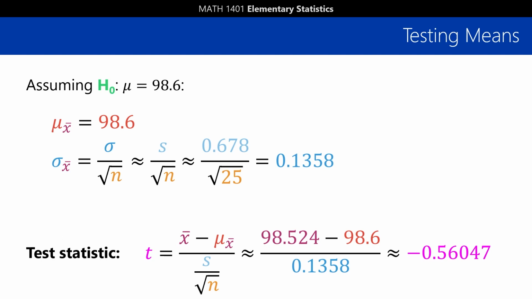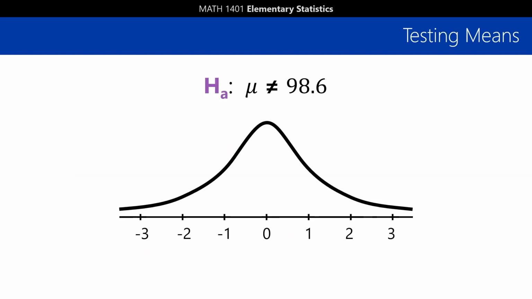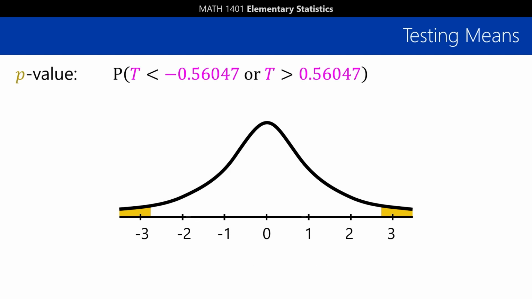Okay, now we need to use that test statistic to find our p-value. Since our null hypothesis is just that the population mean is not equal to 98.6, but we don't have a hunch as to whether it's greater than or less than 98.6, we're using a two-tailed test. We're going to find the probability that we get a result that's off by as much as ours was, but in either direction. So that's the probability that t is less than negative 0.56, or t is greater than positive